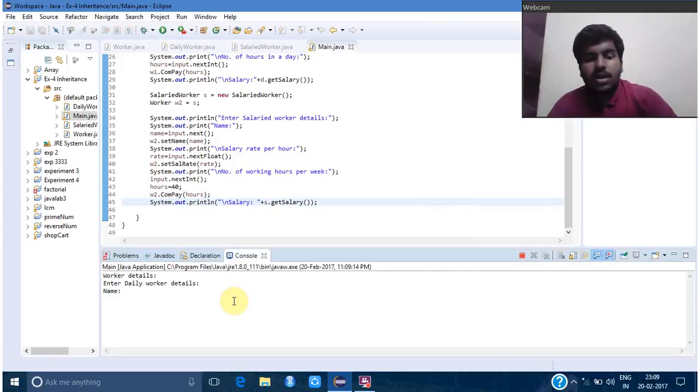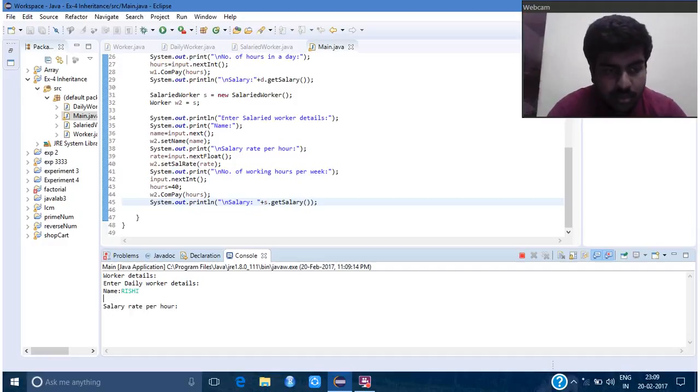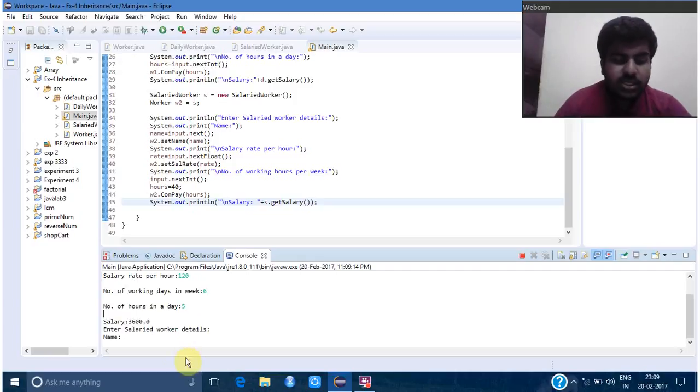The worker details are asked for DailyWorker, so let's enter some details. Let's set the salary rate as 120 rupees per hour, the working days as 6, and let's set the number of hours in a day as 5. So this is the salary of the daily worker per week, and let's see for SalariedWorker,